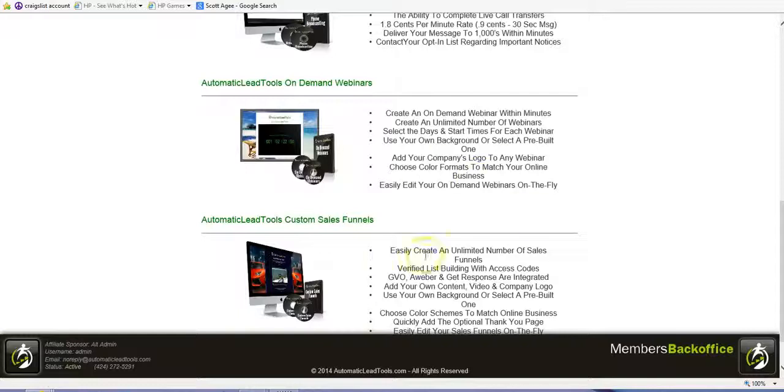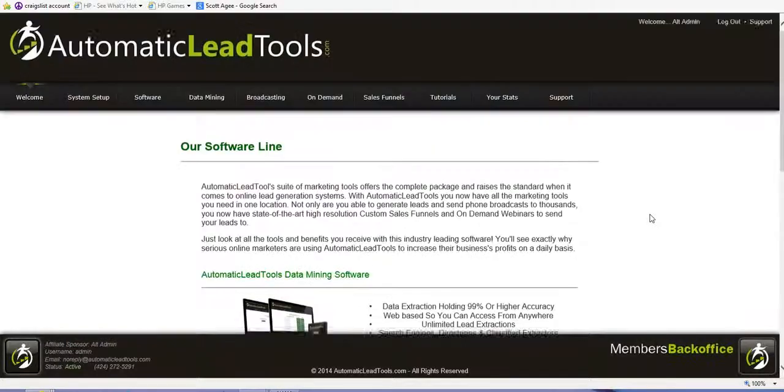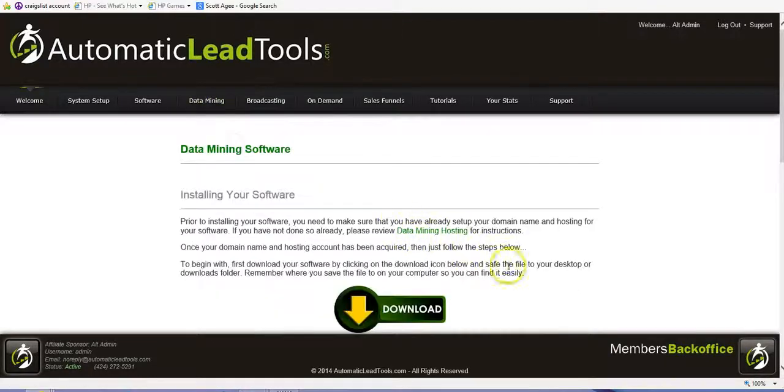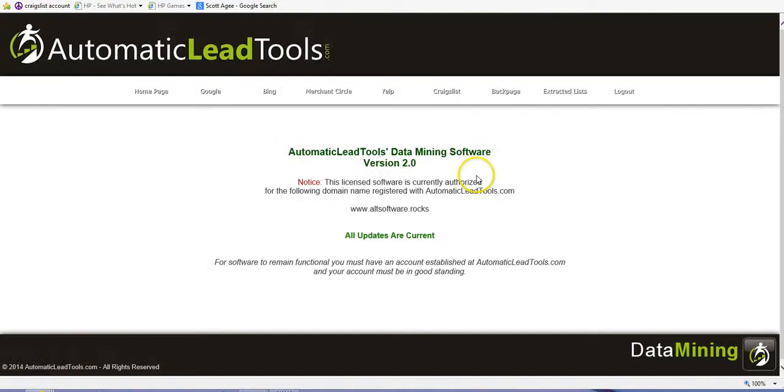We also offer them sales pages and such, which a lot of businesses love to have, but the main key feature of our business is our data mining software. The fact that people that want to use our software can get thousands upon thousands of targeted leads simply by pushing a button. And I want to give you a quick tour of that software right now and show you the power of it, and kind of give you some examples of what the people you sell to are going to use it for. All right. So our software will scrape data from Google, Bing, Merchant Circle, Yelp, Craigslist, and Backpage.